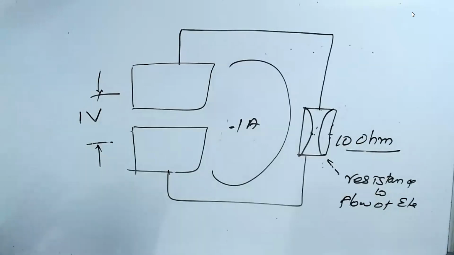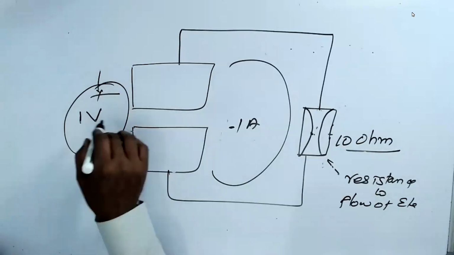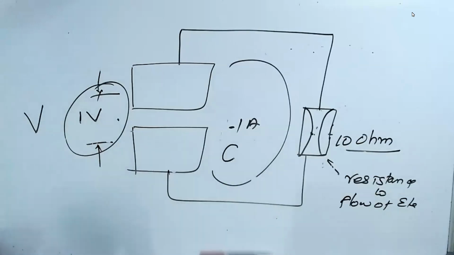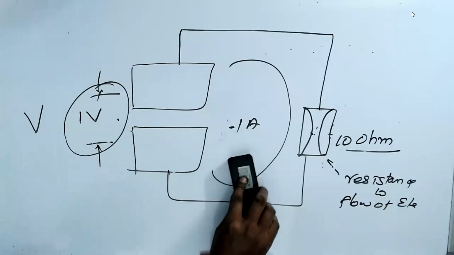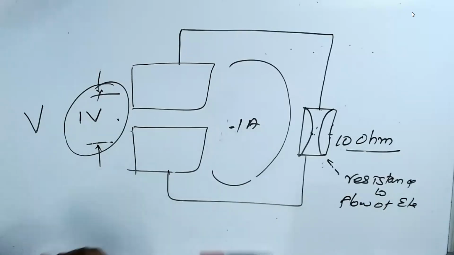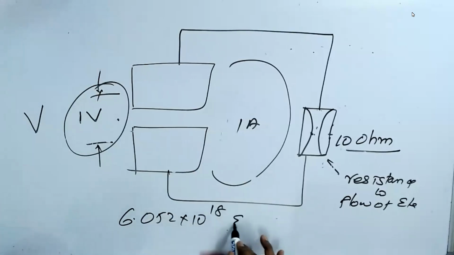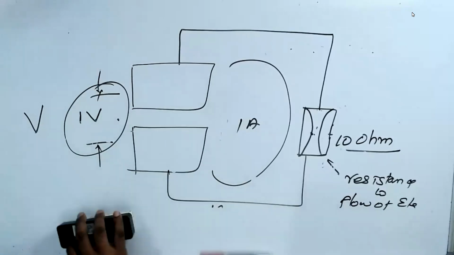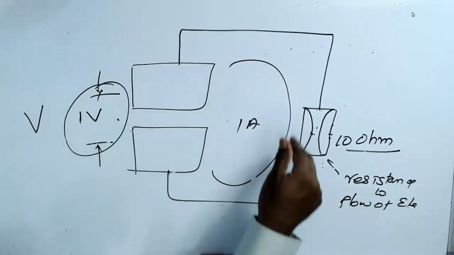So how do you do the common people relation? He found that if you call the voltage V, and if you call current, it should be called C, but unfortunately, they already have a word called Coulomb. Coulomb was also a scientist. He measured the electrons. He is the one who said that 6.052 into 10 power 18 electrons equal 1 Coulomb charge. They measured the charge difference by Coulomb. He was talking about only static, but Ampere is the one who started measuring the dynamic one.